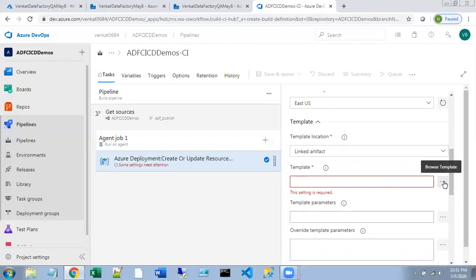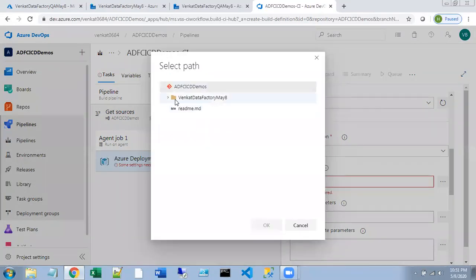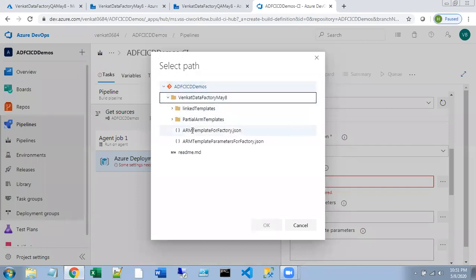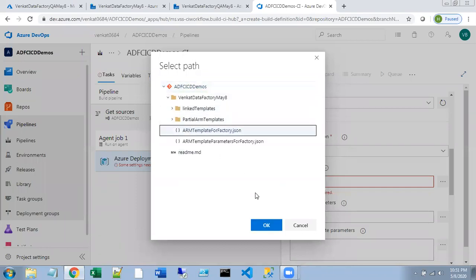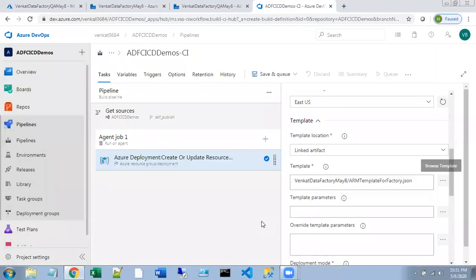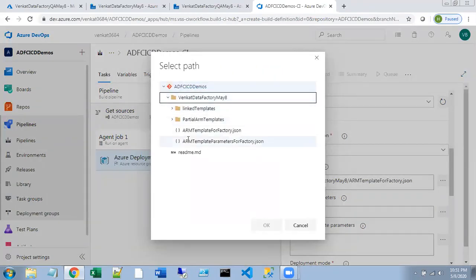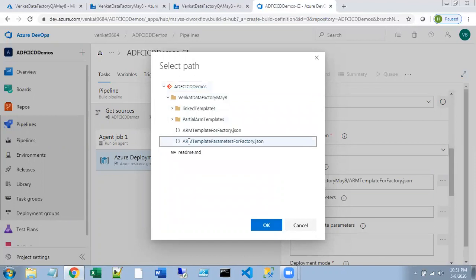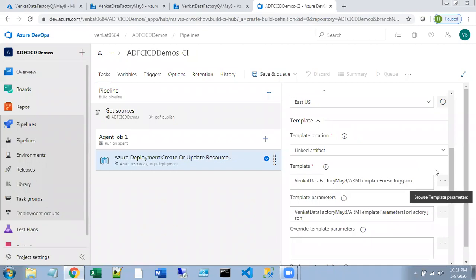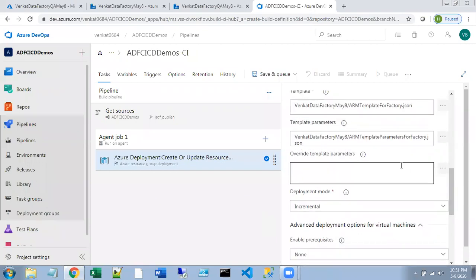You click this ellipsis button, go here, and you select your ARM template for data factory. Say OK, and you can mention your template parameters also. See, this is the ARM template parameters for factory. So select this guy.